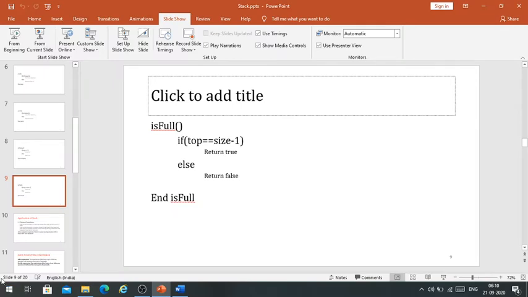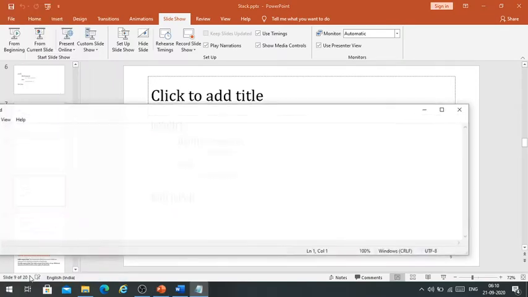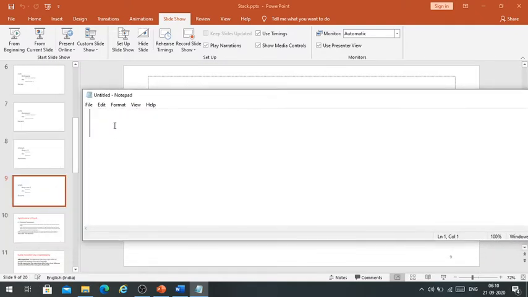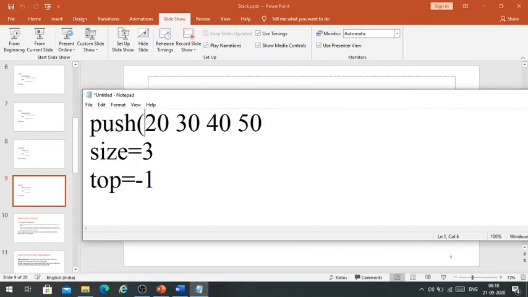Okay. So we'll see an example. So I want to insert some elements 20, 30, 40, 50. Size of the stack is 3, size equal to 3. So initially top will be in the -1 position. So I want to insert the element. So what I will call the push function. So I want to perform this much operations. I will write like this, push 20,